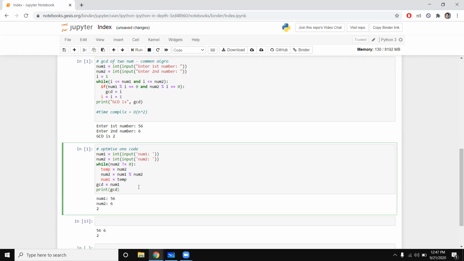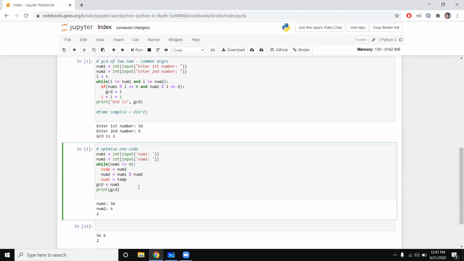So the time complexity for this program is big O of A mod B, which is very small when compared to the common algorithm.